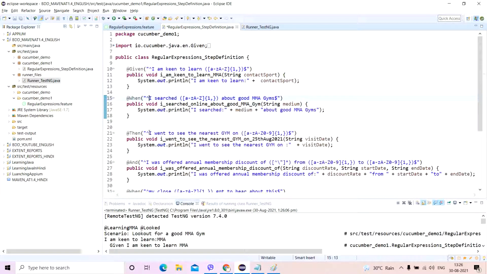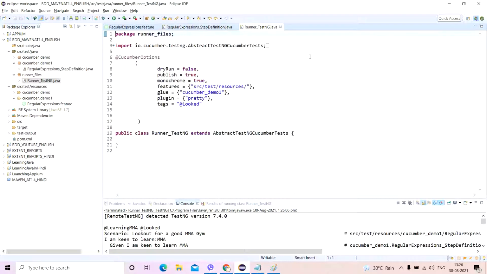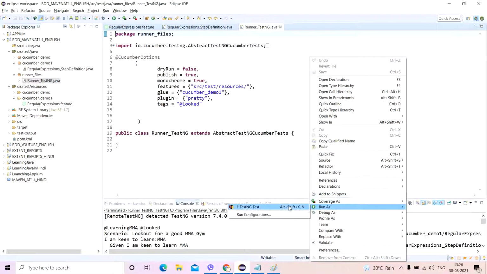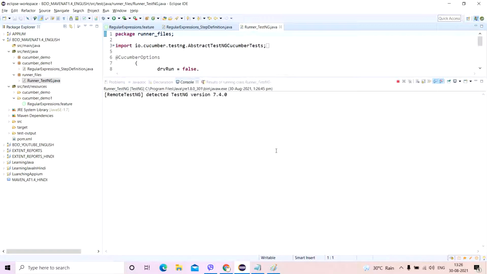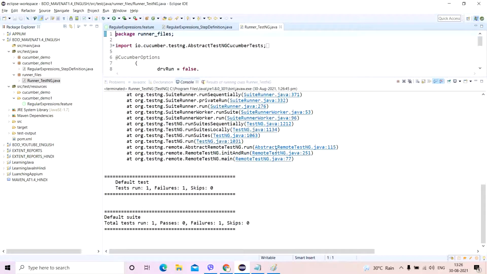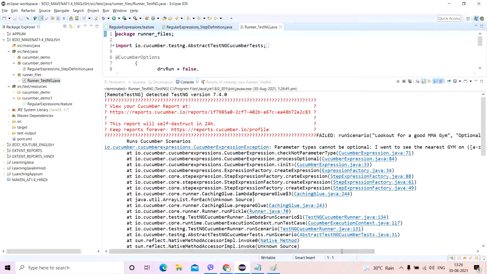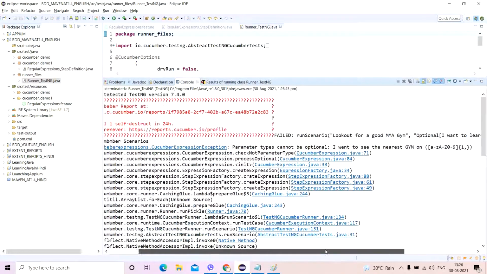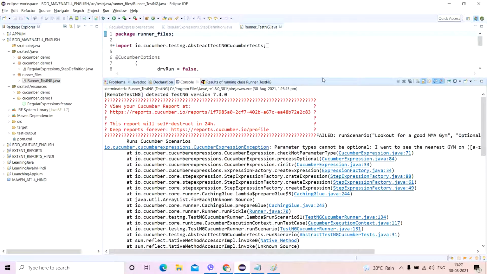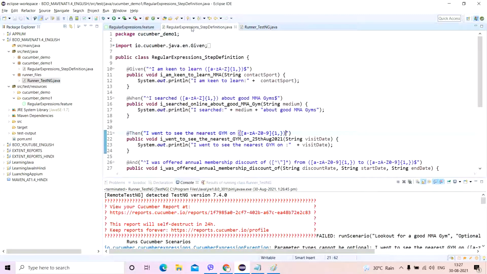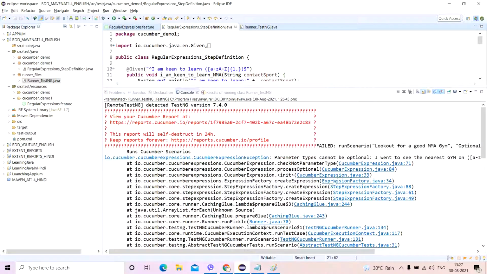So let's say for example I miss out on both beginning and end for a certain thing. I'll save it, then again I'll run as TestNG test. Let's see the output. Okay, see, now it failed. I don't know why it passed in the previous run. Make sure that you do not miss out on the beginning and the end symbol. Otherwise, it will somewhat fail for whatever reasons.